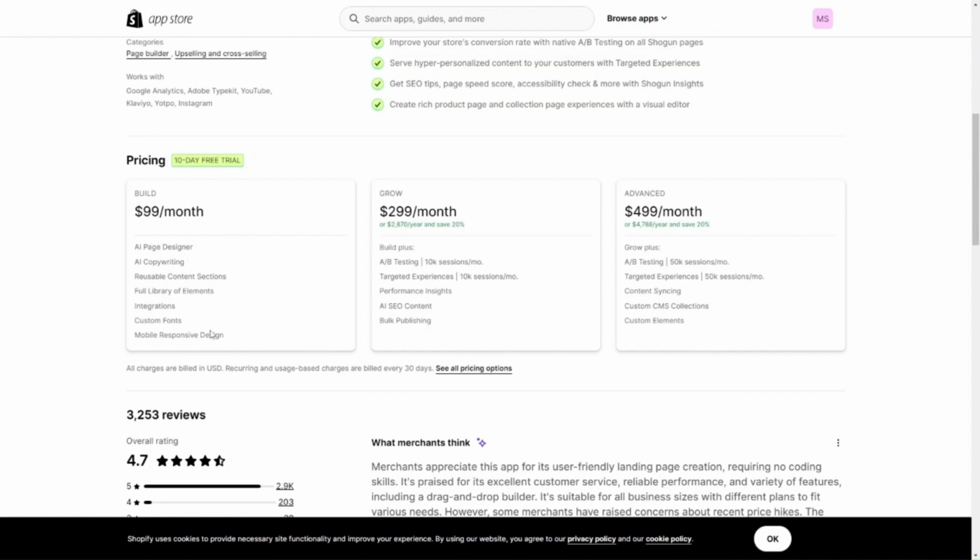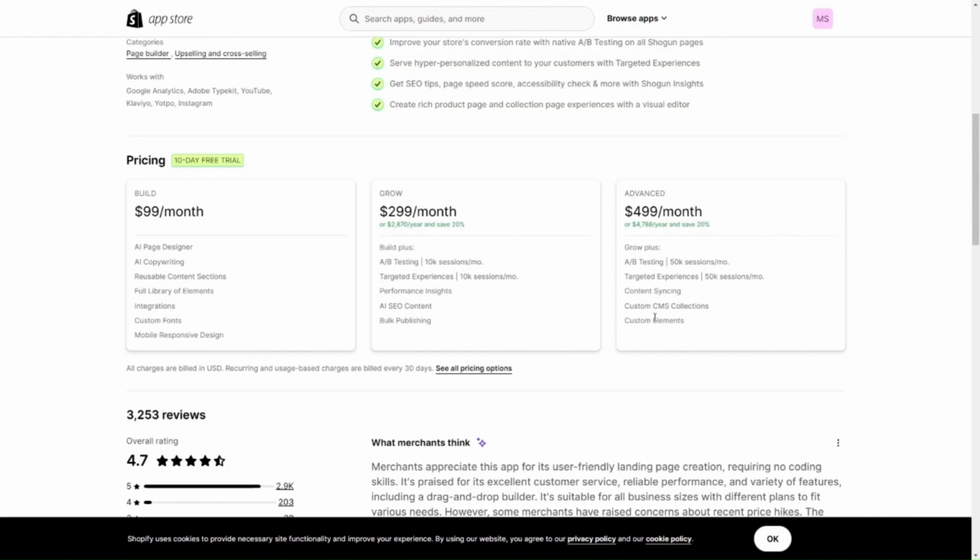You have the AI page designer, custom fonts, full library of elements, things like that. Then you've got the grow plan, and this is everything that's included in the build plan, but you have more of the performance insights, AI A/B testing, and you can also use the AI SEO content tool a bit more as well. And then the advanced plan has everything that the grow plan has,